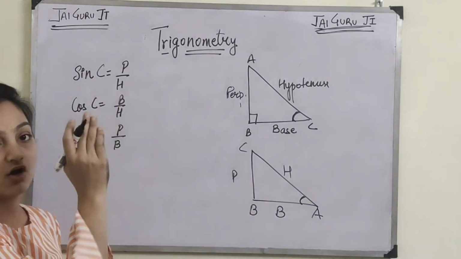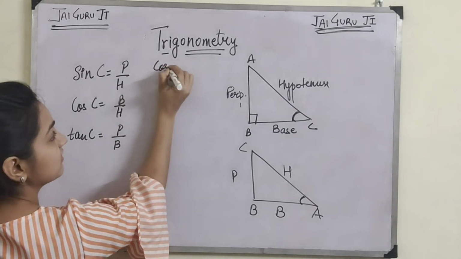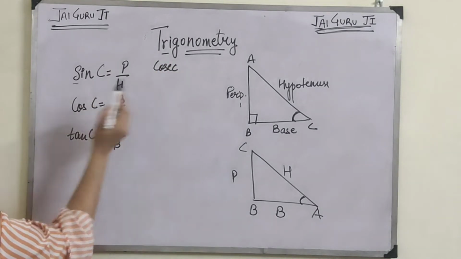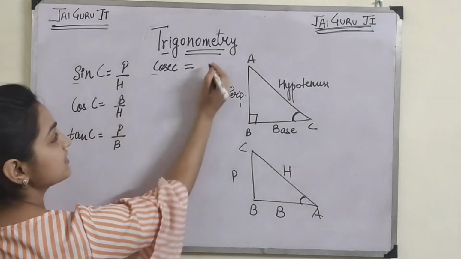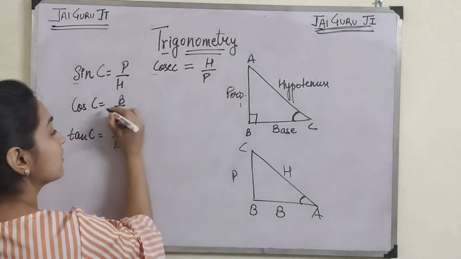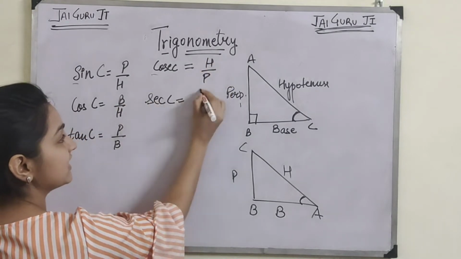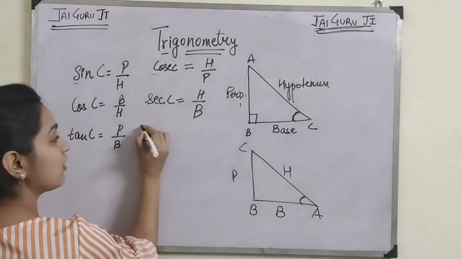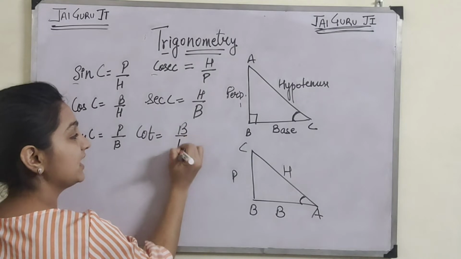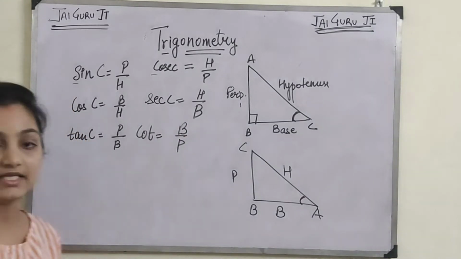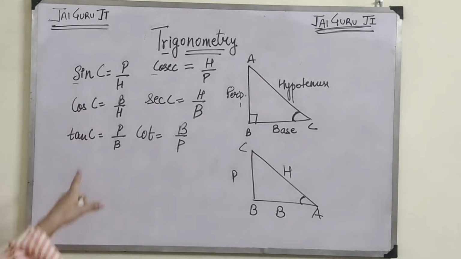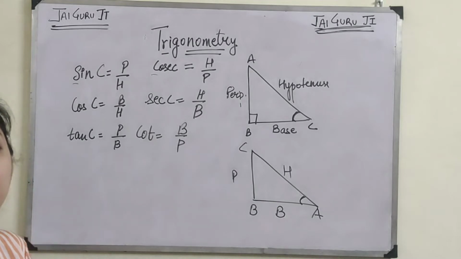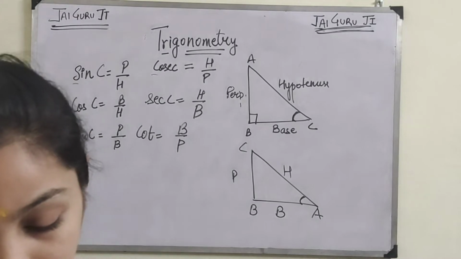So now, the opposite of sine is always cosec. Remember one thing, S and C, they will go in the opposite direction. Sine's opposite is cosec, meaning H upon P. Cos's opposite is sec, that is H upon B. Tan's opposite is cot, that is B upon P. So it is always easy to learn like this. If you learn like this, you will remember it. You can just note it down because these ratios are very important for this trigonometry chapter. Note it down if you want, so that I can go further to the exercise.